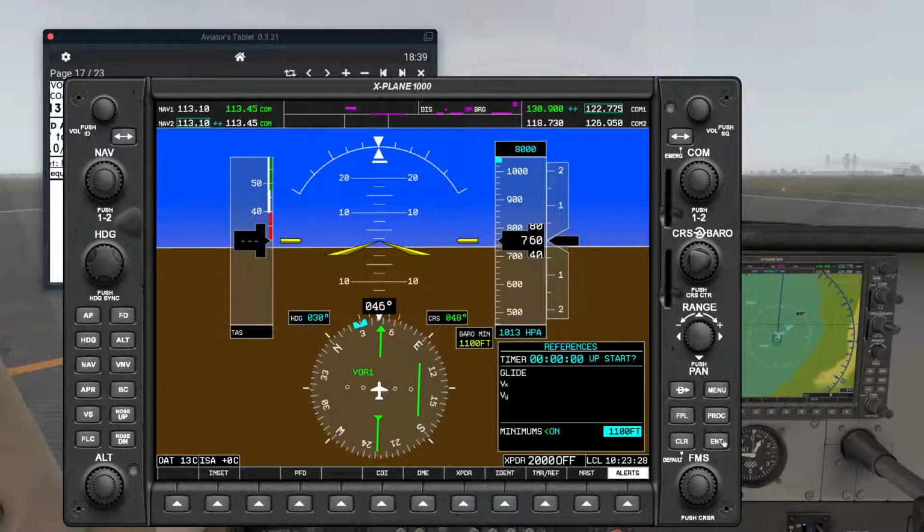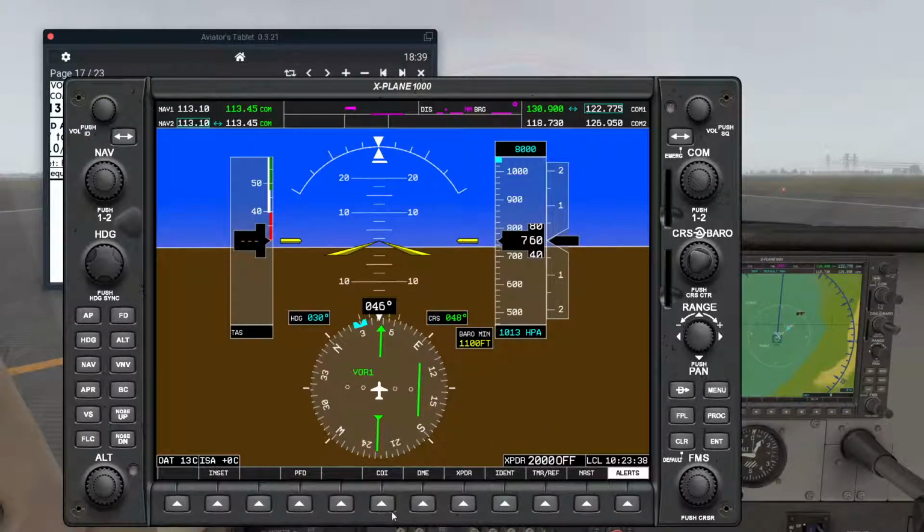Okay, that's okay. And the CDI, and also PFD, bearing 1, bearing 2, and for the